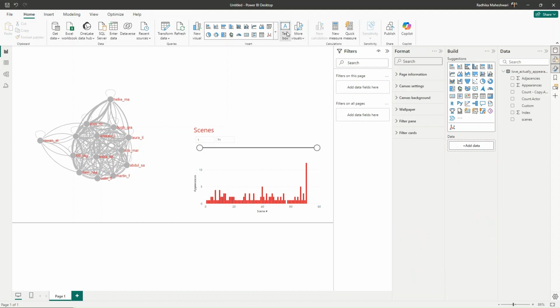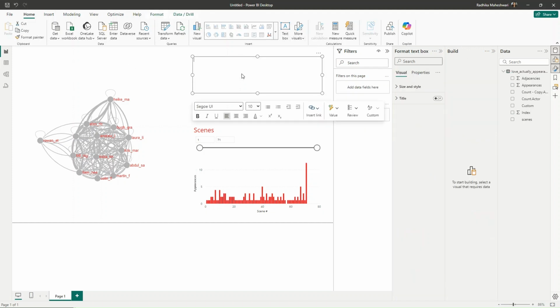We need to get two text boxes. First one is for the title, which says Love Actually Interconnectedness. And I will just format this.